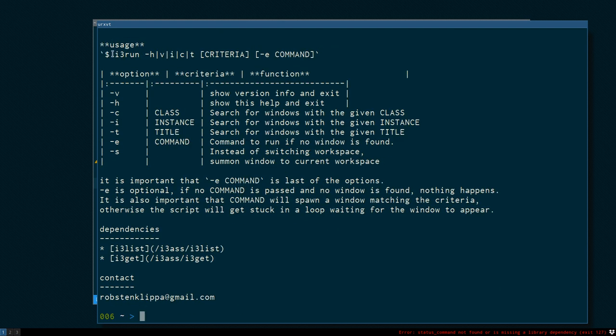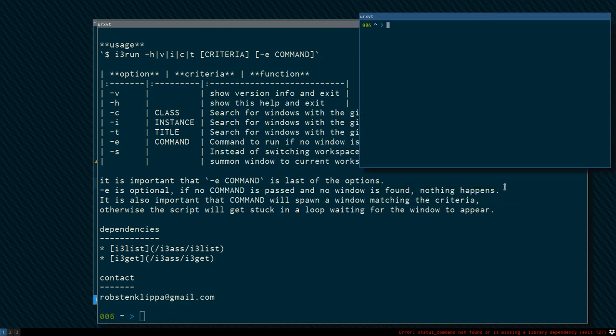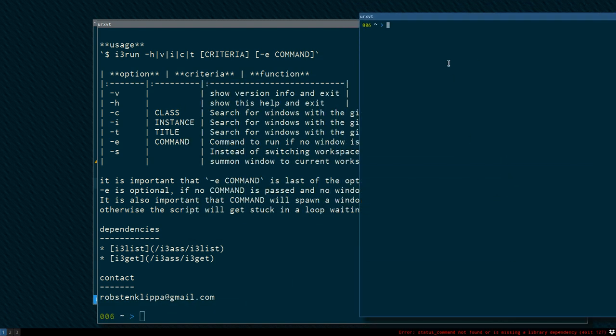Usage. i3wm, one of these 5 options. A criteria if you use one of these with these options. And last, it's important that the E and the command is last. There are more details about that here. Okay, so let's open a new terminal. Make it longer like this, and then we can make